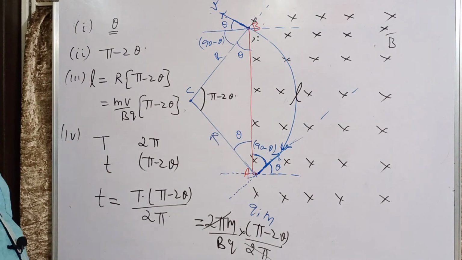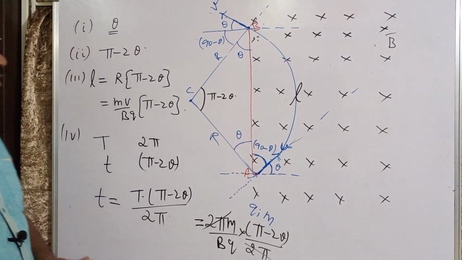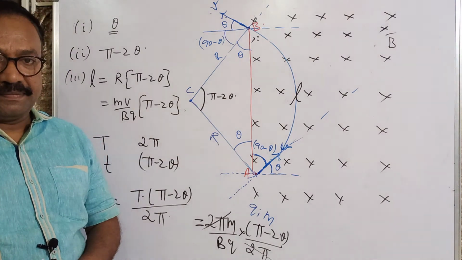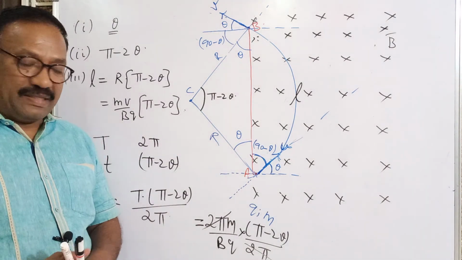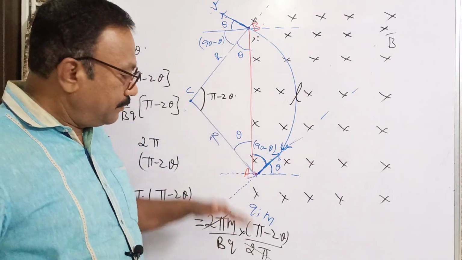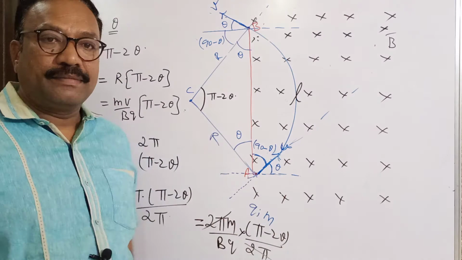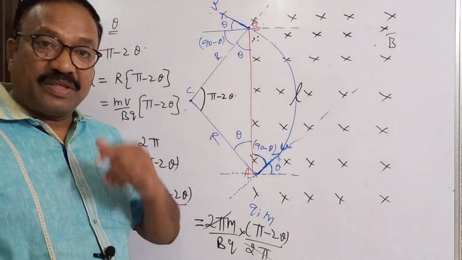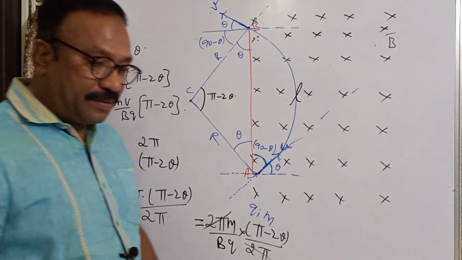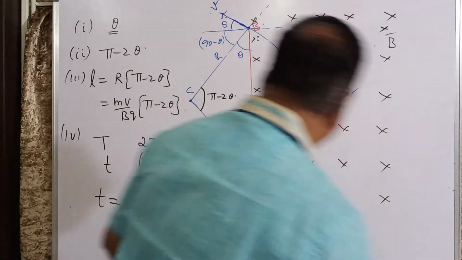So these are 4 questions that can be asked in competitive exams. One more question is there now. The particle has entered like this. Now it will enter like this, at this angle. What would be the answers? Come and just try now. Think. Pause the video and try now. Okay. Let me see that.